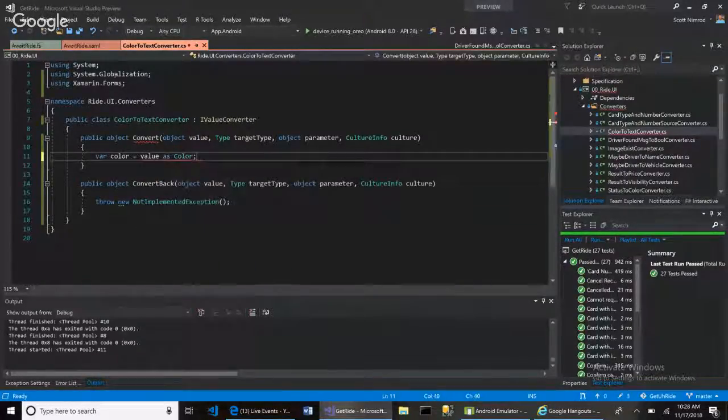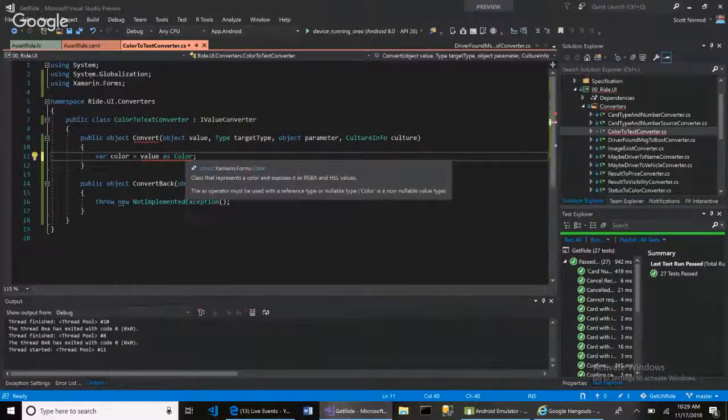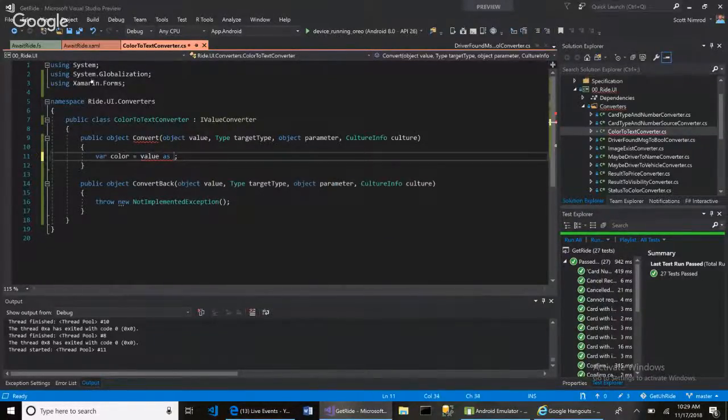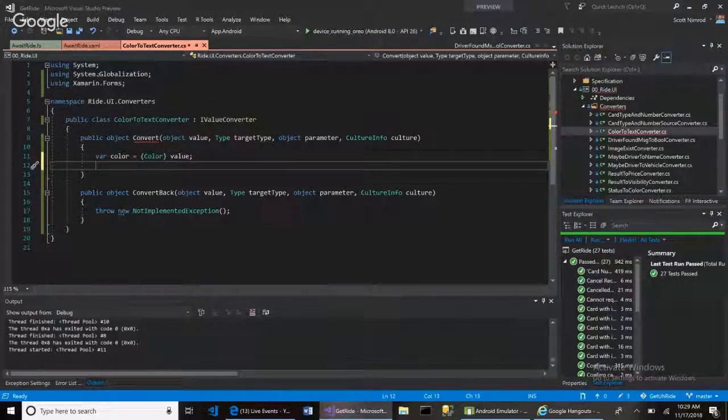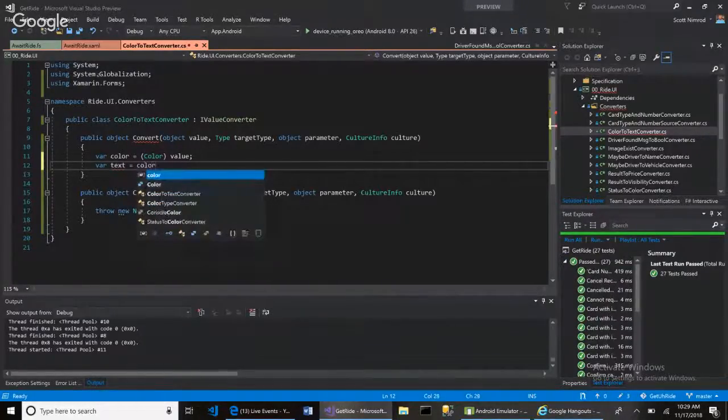Now that color is going to come from Xamarin.Forms, which is a struct. So I think I can cast it like this over here. Okay. And so then, kind of like spaces. So then over here, I can say, how's this work? You would think that I could just say toString, but I'm not sure. So var text equals color dot